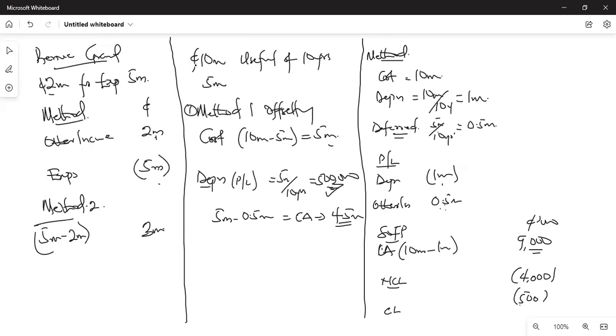Now, what you need to know under grants is about reversal. All right, reversal of grants. If the conditions that are supposed to be met for the grant to be obtained are not fulfilled, then it means that you need to reverse the grant. All right, you need to reverse the grant. And what you are going to do is that